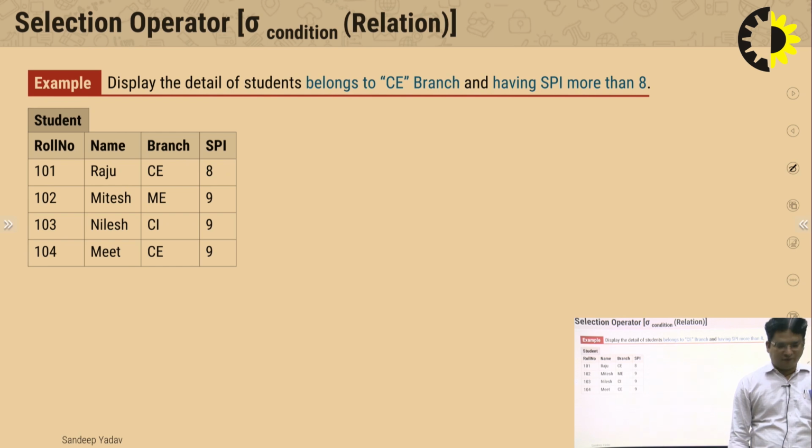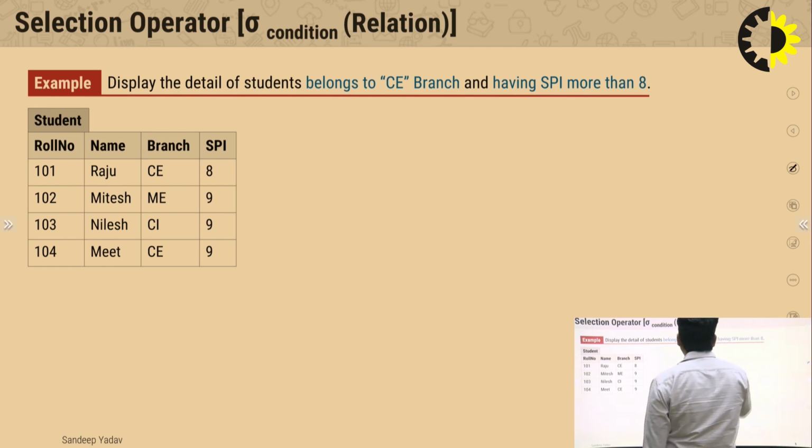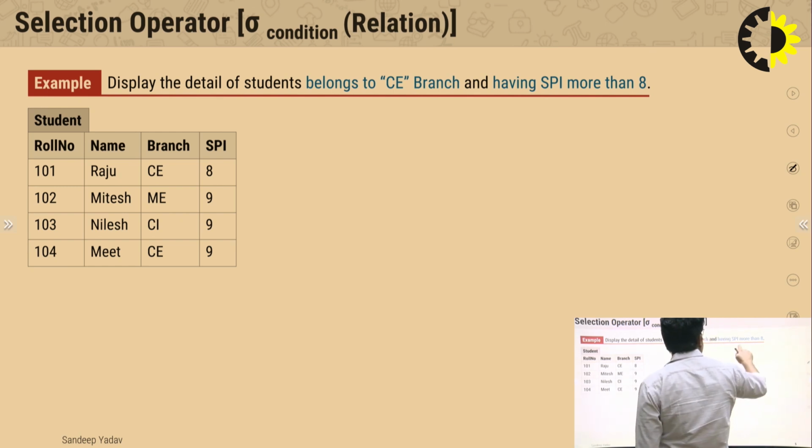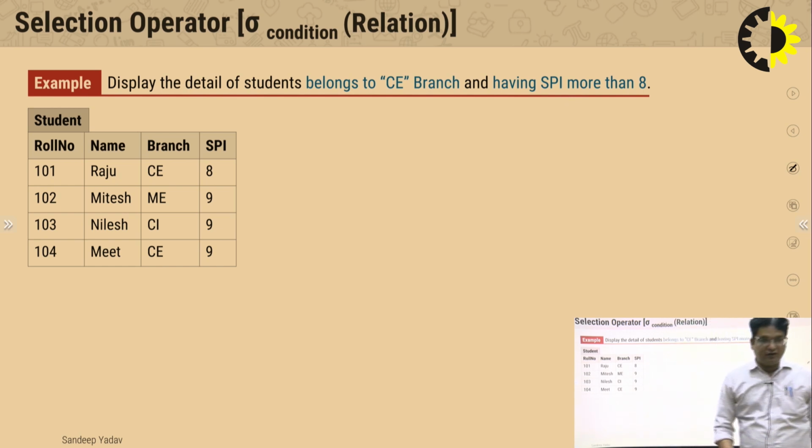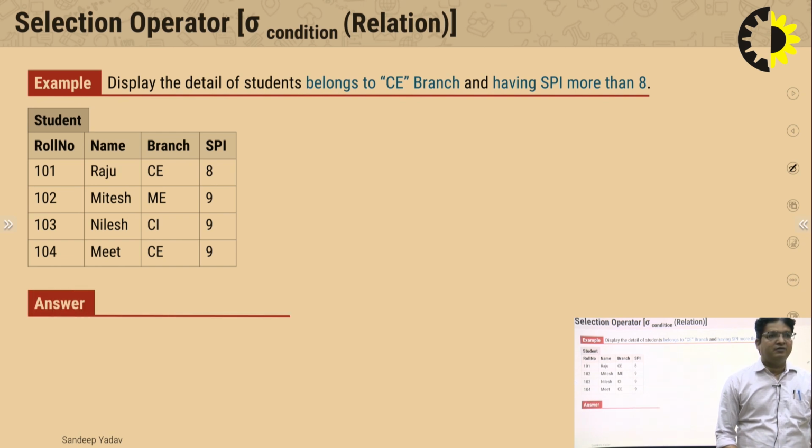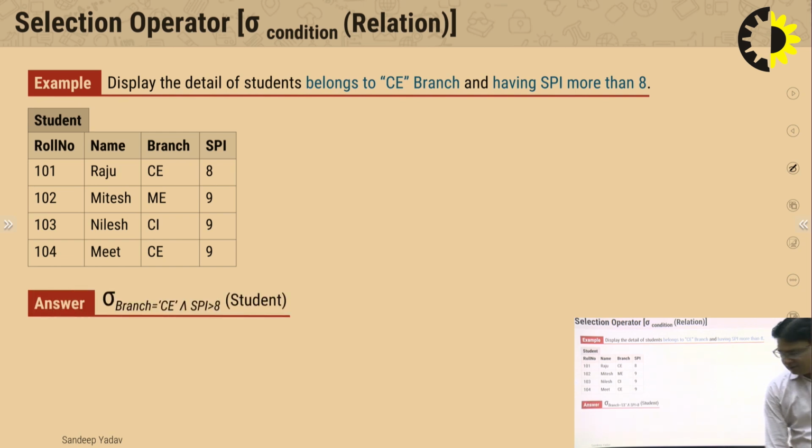Now let us see one more example. Now we have two conditions. We have to show the details of the students belonging to CE branch and having SPI more than 8. Now we have to satisfy two conditions: first, branch equal to CE, and SPI greater than 8. So there are two conditions that need to be specified in the subscript below the sigma. How to write it? Like this: